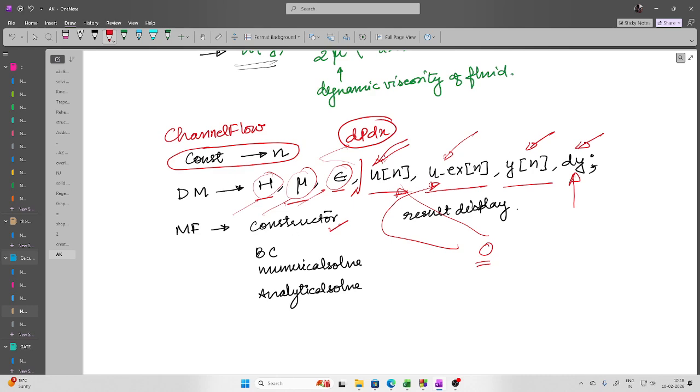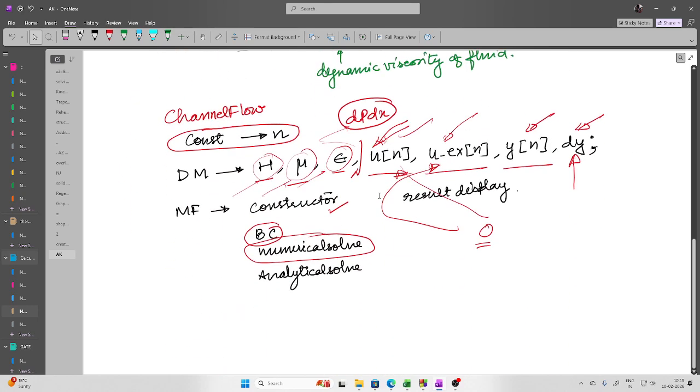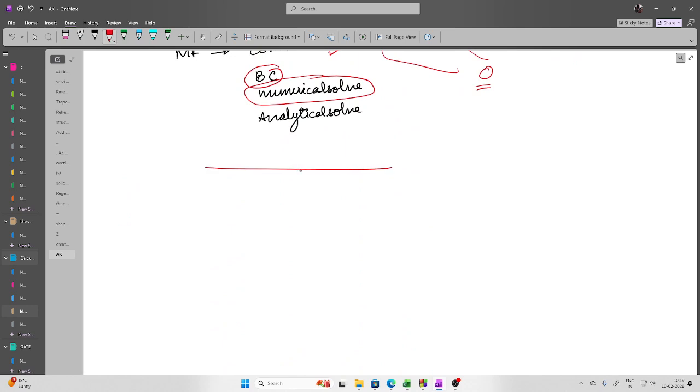Once the constructor is over, then we'll create the boundary condition. That means when y is equal to 0, u is equal to 0, and when y is equal to h, u is again 0. Once this is done, we'll write a solver for the numerical problem, and that solver will be solving this particular equation node by node. And how can that be done? So if I